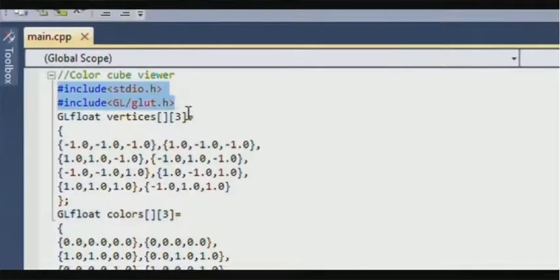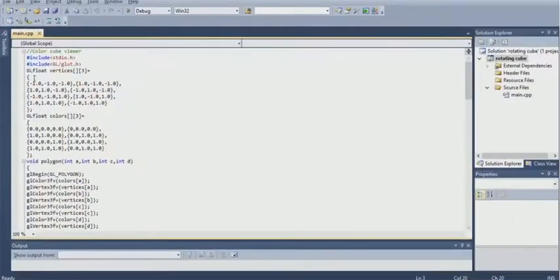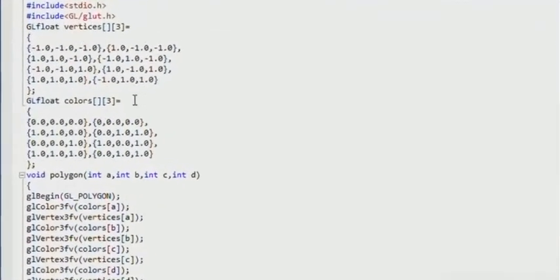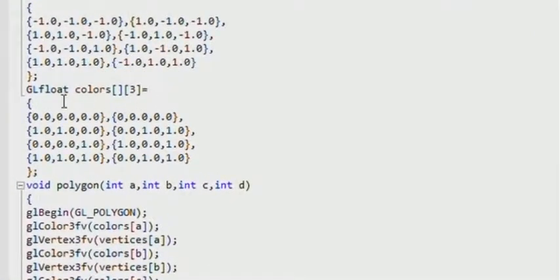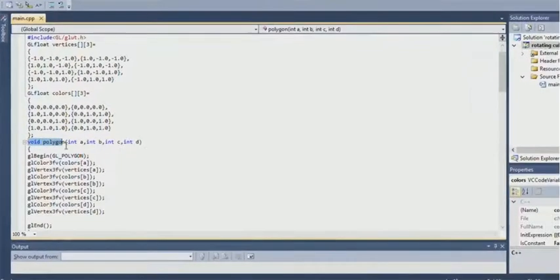The headers are included to access the OpenGL library, and this is the variable which will hold the matrix of the vertices and the colors of the vertices of the cube.